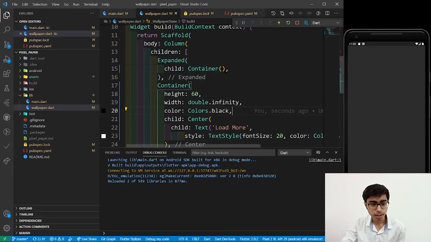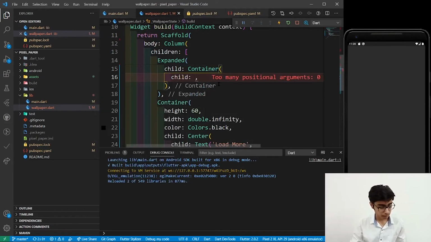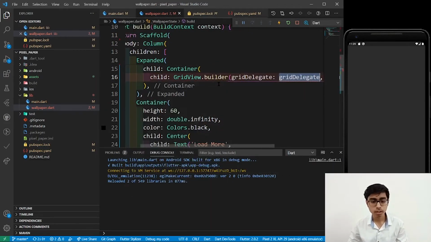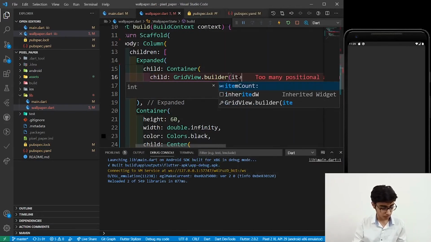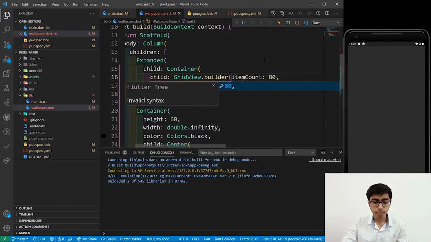Now in the expanded child container, we have to define its child as a GridView.builder. We have to also define its itemCount. For now, let's keep it hard coded and let's keep it 80, right?